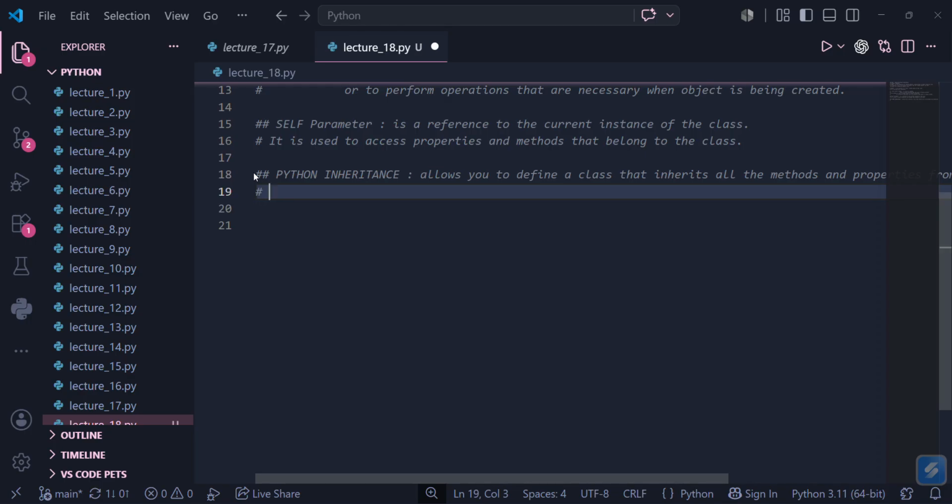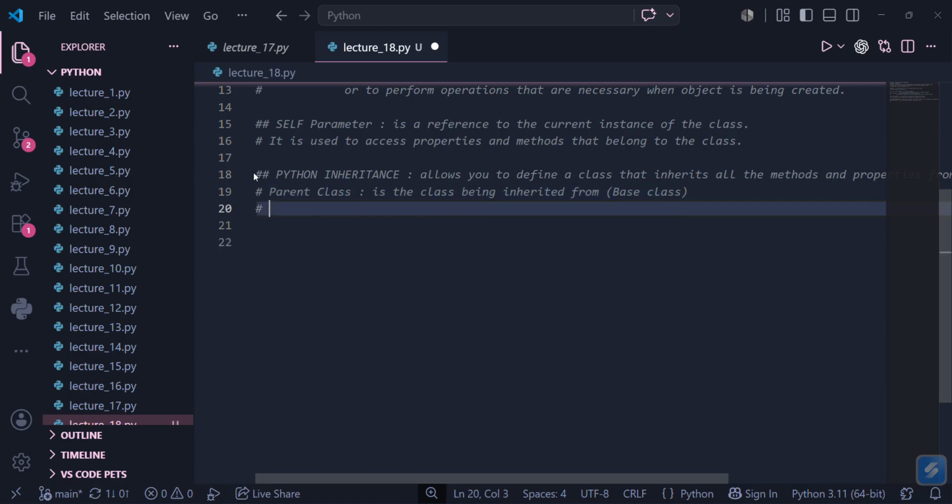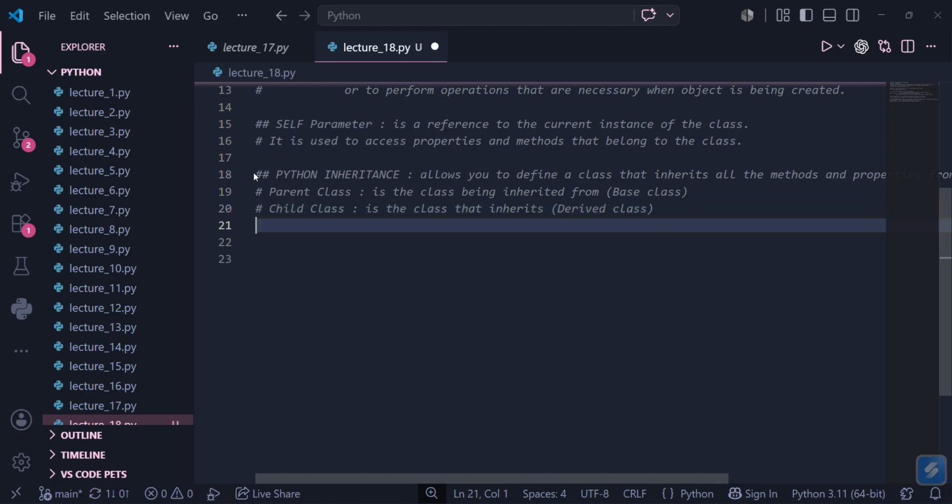And these classes can be defined into two parts: parent class, that is the class being inherited from, also called the base class. Okay, then we have the child class, that is the class that inherits, also called the derived class. Okay,